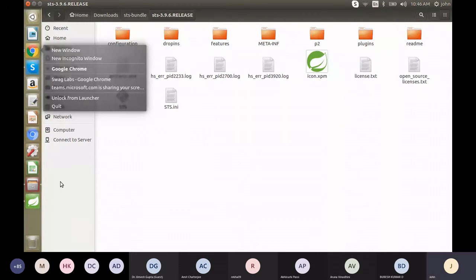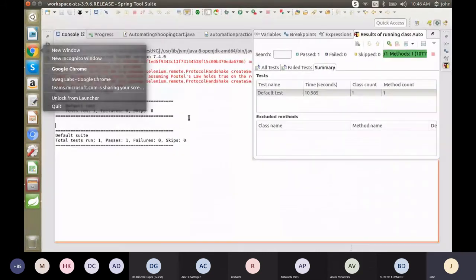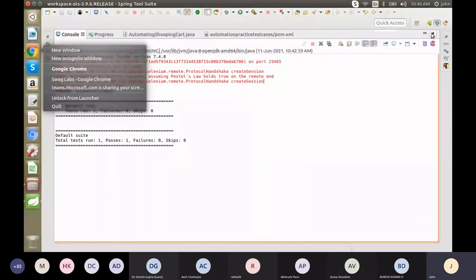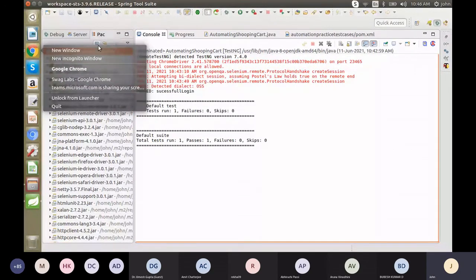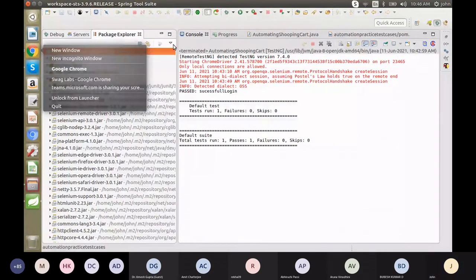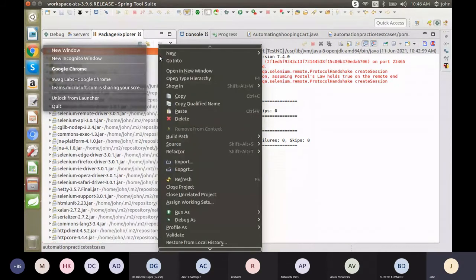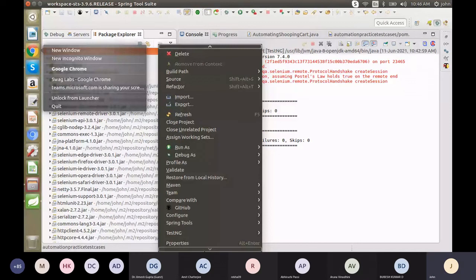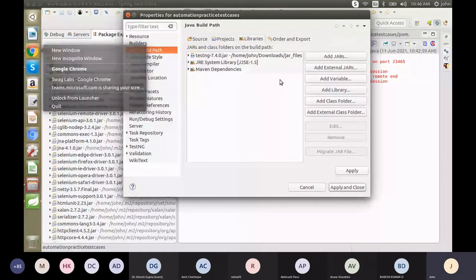So it will be located in your project only. Okay, let me. So you have to click the properties. So where is it located?